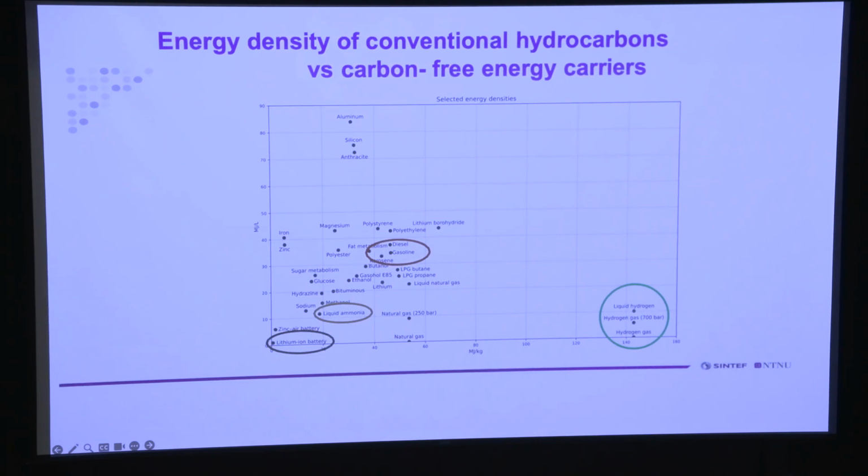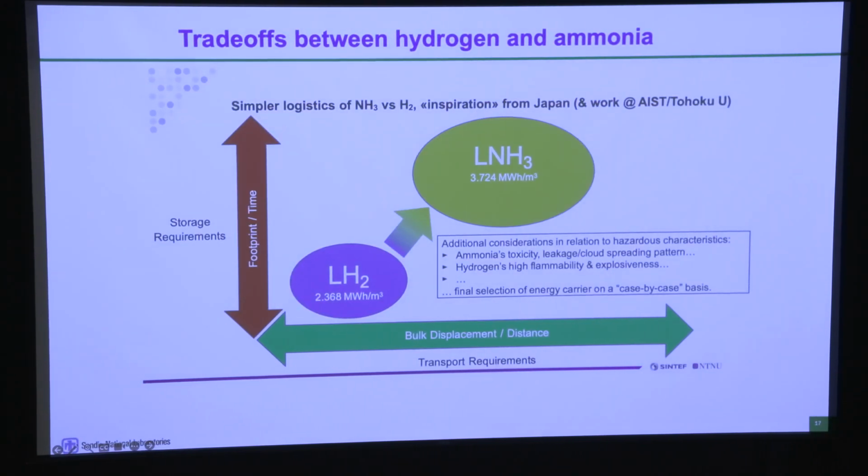It's below the red circle, which contains our conventional fuels like kerosene, diesel, and gasoline. And so there are significant challenges to getting the efficiencies and just managing these fuels. And so this is another chart that shows the trade-offs between hydrogen and ammonia in terms of storage and transport requirements, which I kind of already talked about. Basically,